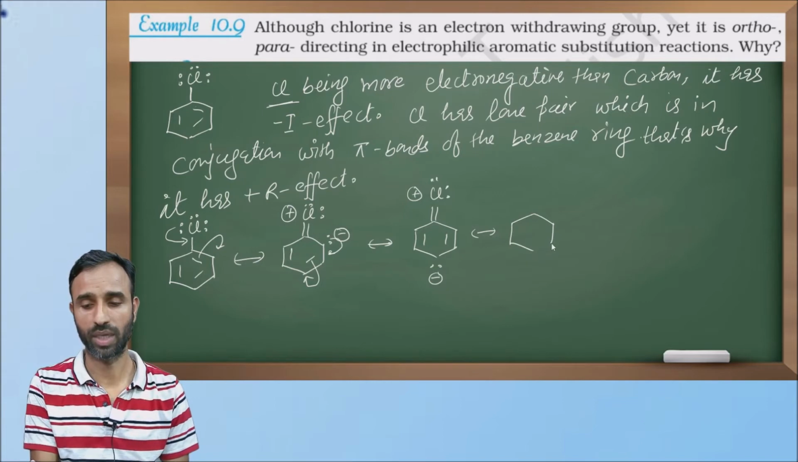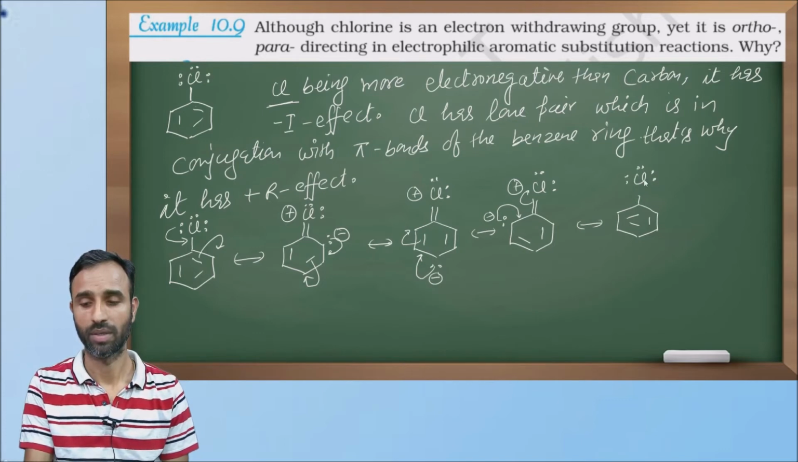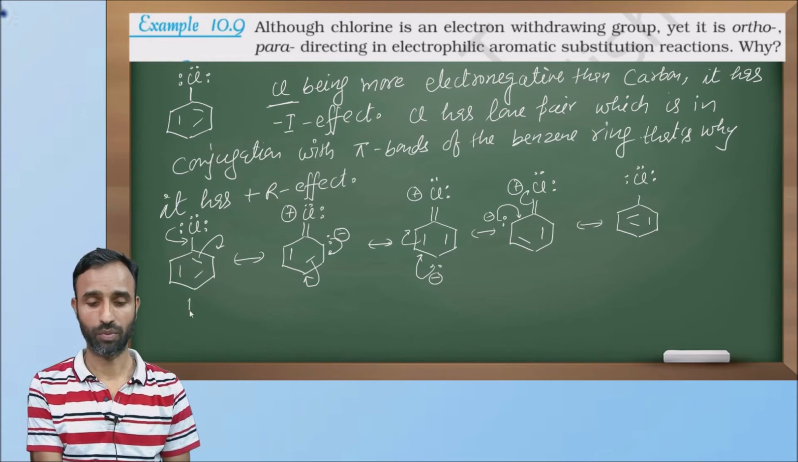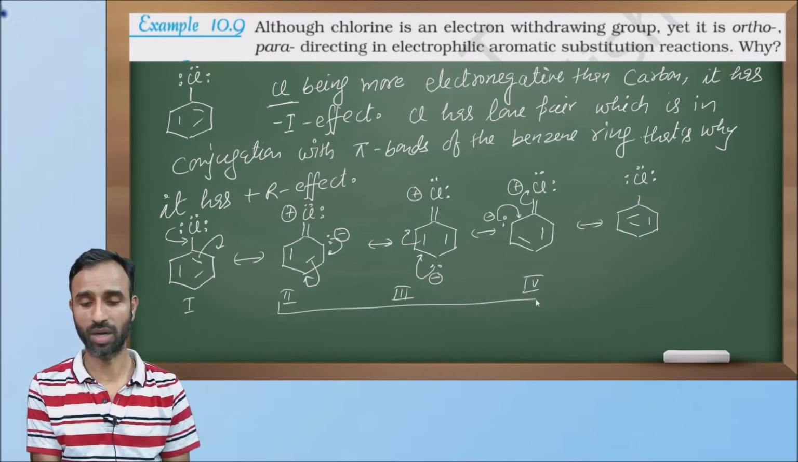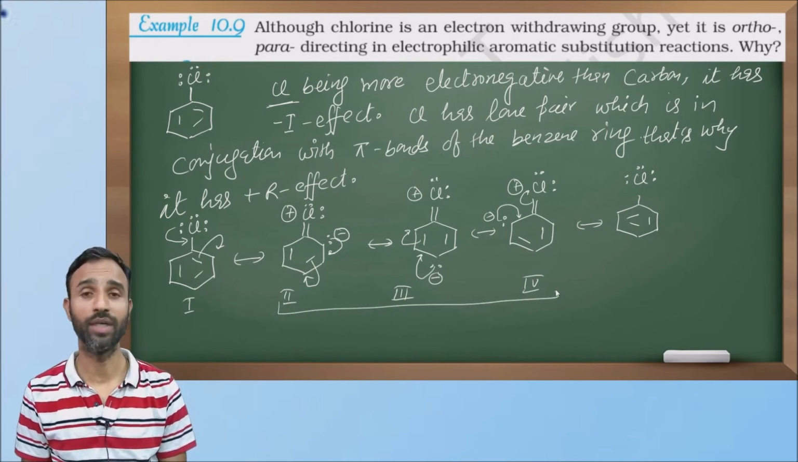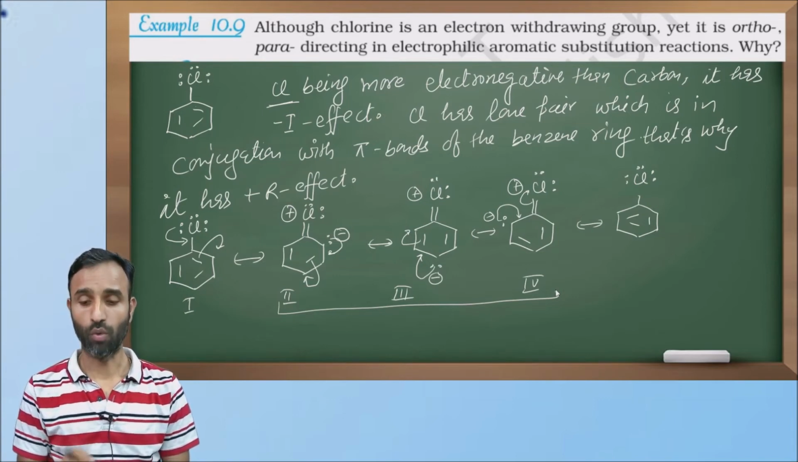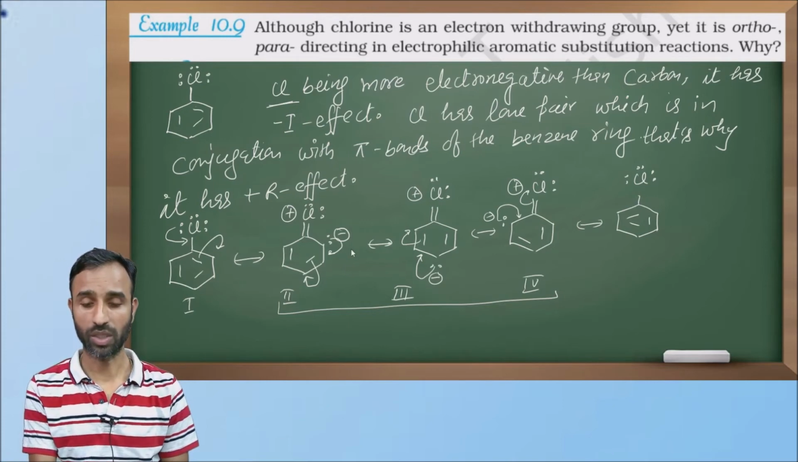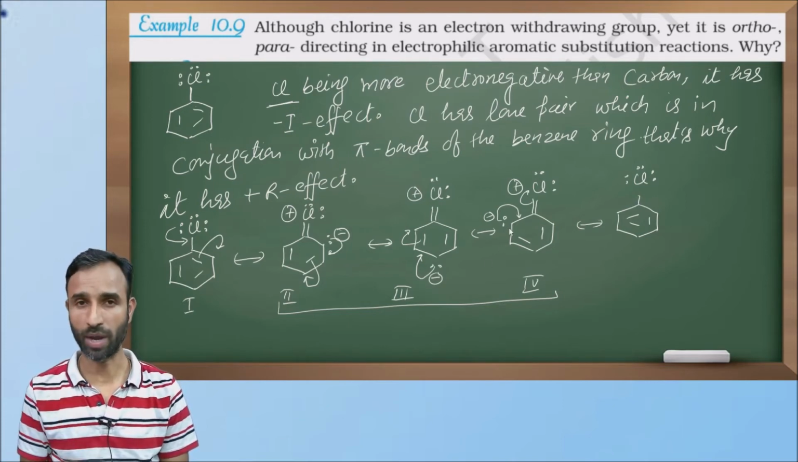So electron density increases at ortho and para position. See, this is first, second, third, and fourth. Out of these, second, third, and fourth have negative charge at ortho and para position. Now, see, when it has this negative charge, the electron density at ortho and para position is more, but at